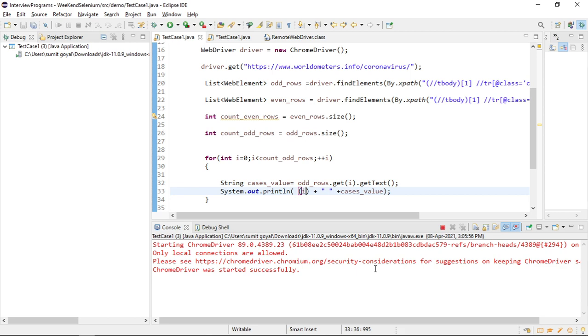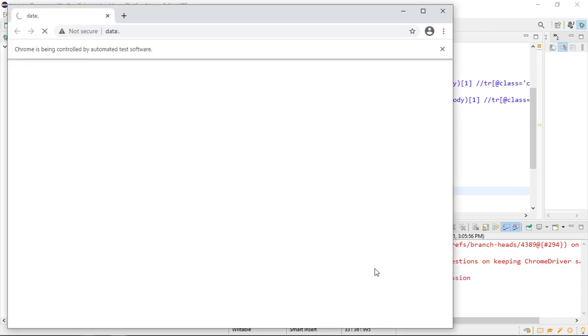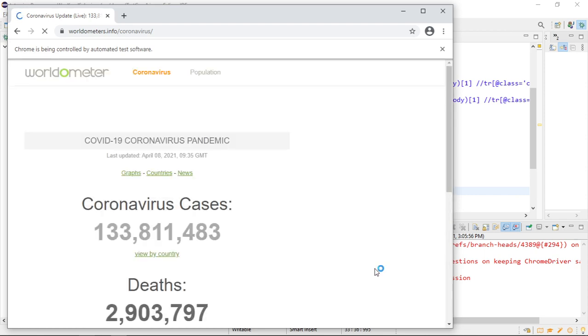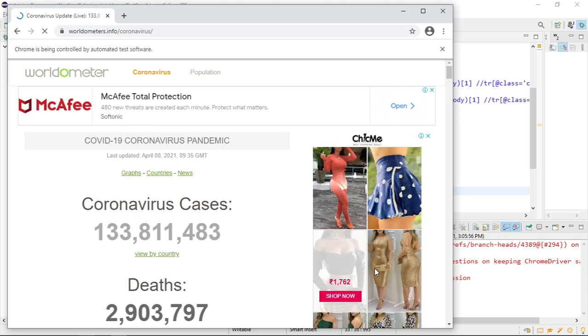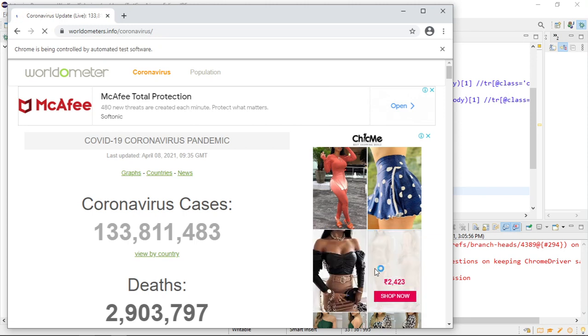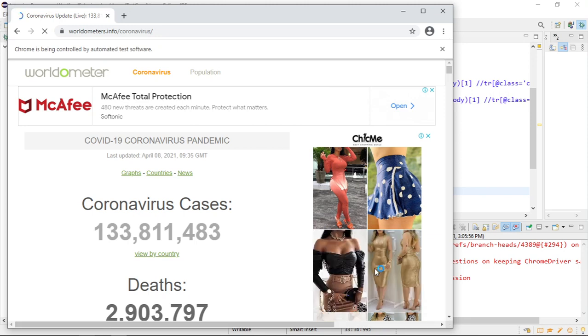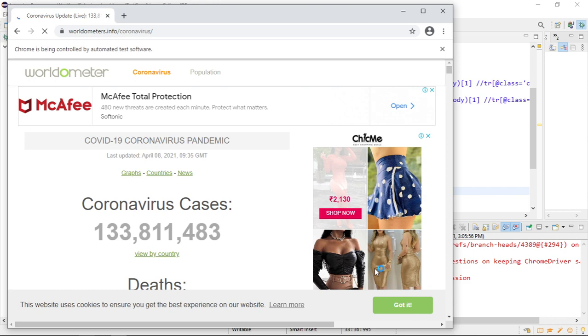So guys, let me tell you, if you are able to understand this HTML table handling, then you can easily handle any other website's HTML table similarly, right? This is a little bit complex, but if you keep on rewinding the video until you get it, I'm very sure that you will get it.